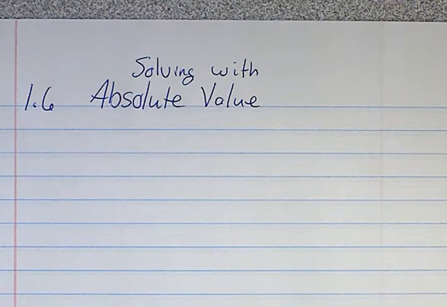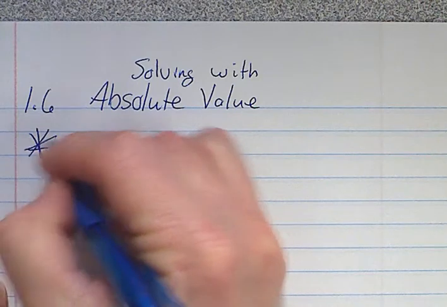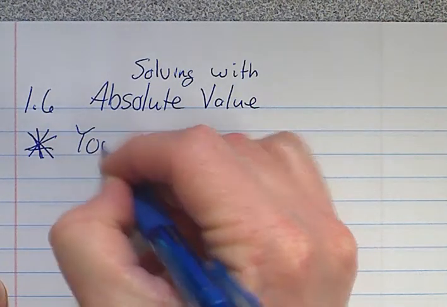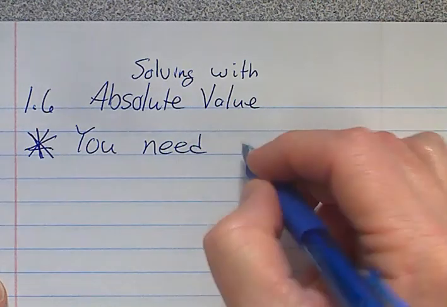Okay, now, if there's any one big thing with what we're doing, we've got two parts. You've got equations and we've got inequalities. The big thing is, no matter which one we're doing here, most of the time, not every single time, you're going to have two answers. So I kind of put a big asterisk beside that, because that's something you need to make sure you've got here. So you're going to need two answers